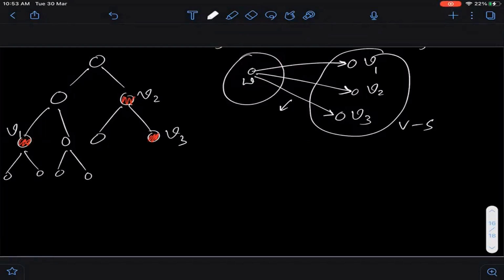So the question is, how do you carry out this update operation in order log V time? The trouble is that a heap itself does not allow you to access arbitrary nodes. If you go back to your heap data structure, heap